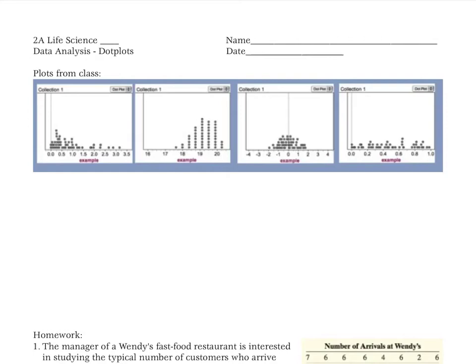I'm looking at the top, I'm looking at those four. I'm going to start with this first one here. And I want to first of all describe the shape. And you can take notes right on your handout. The shape of this, stop the